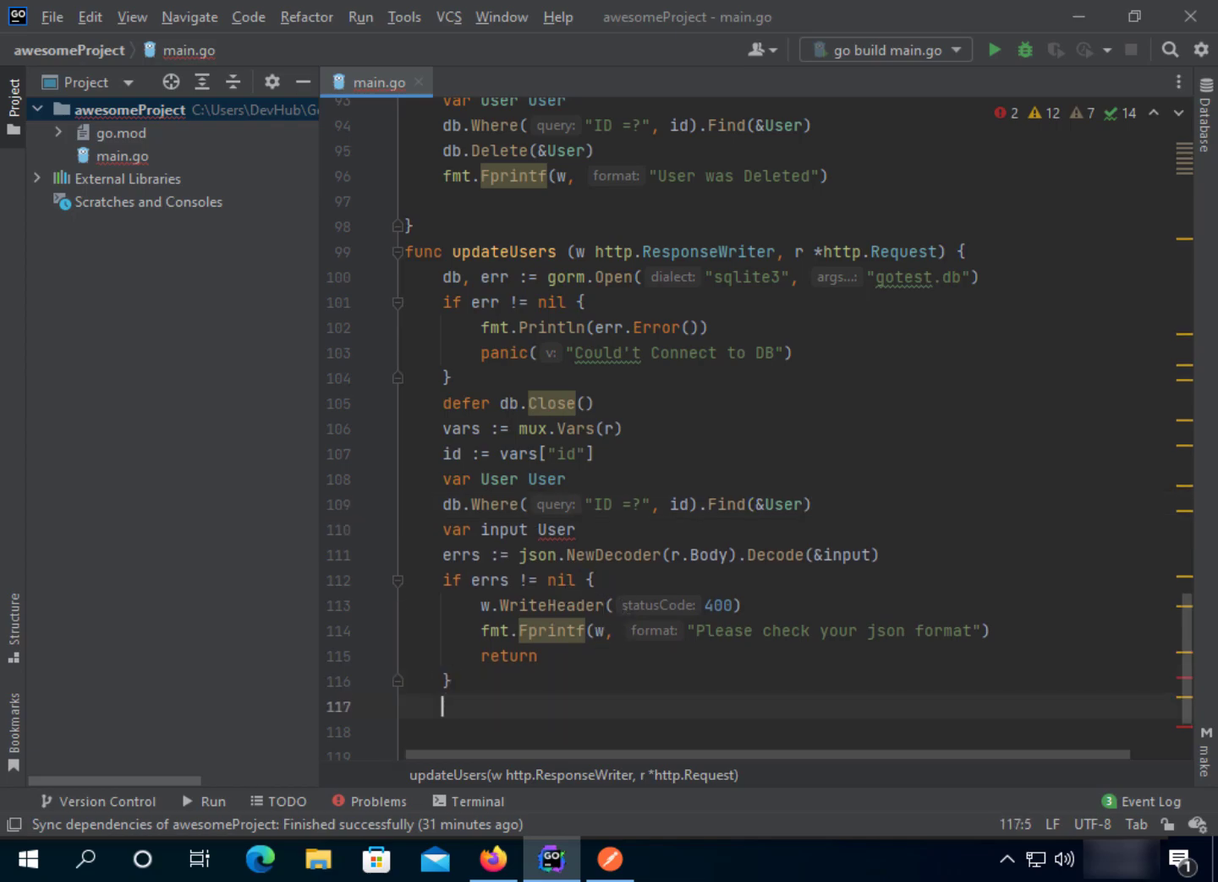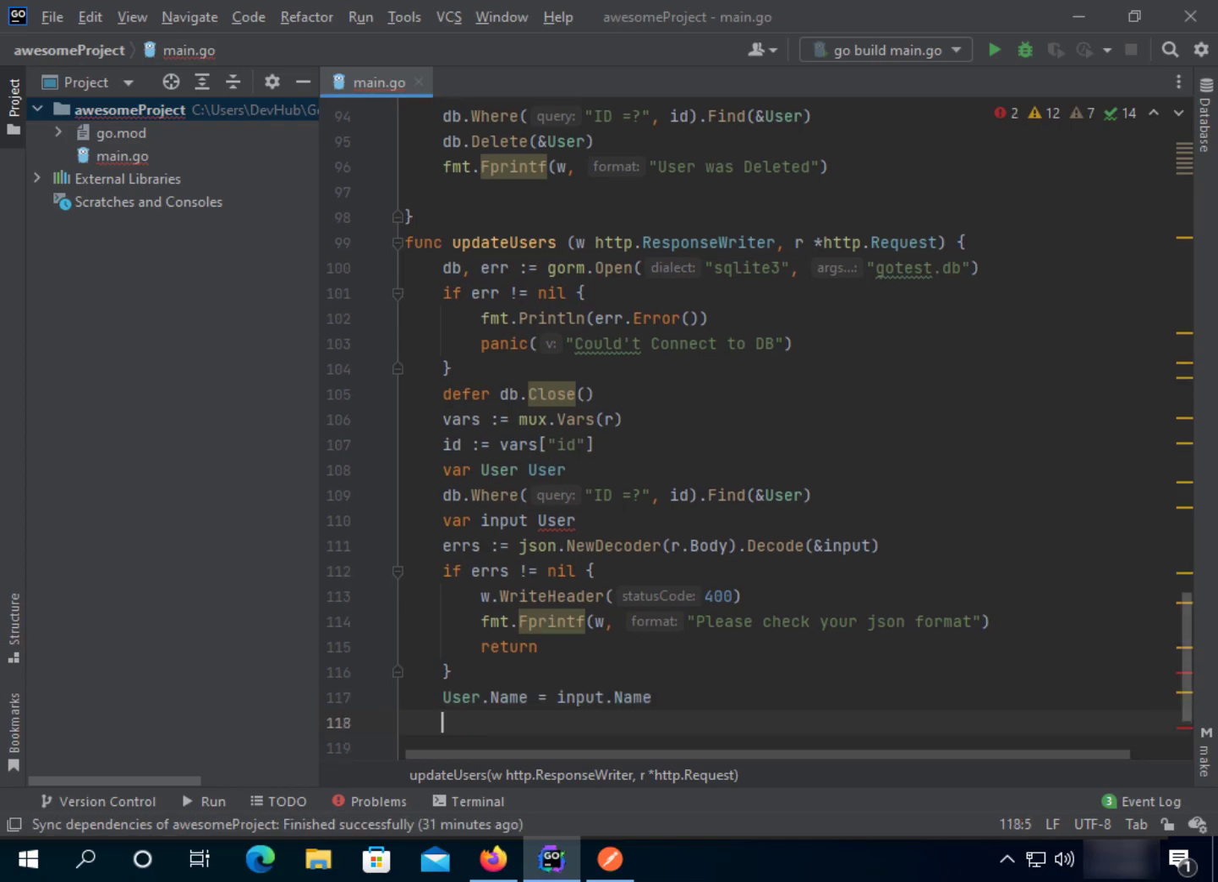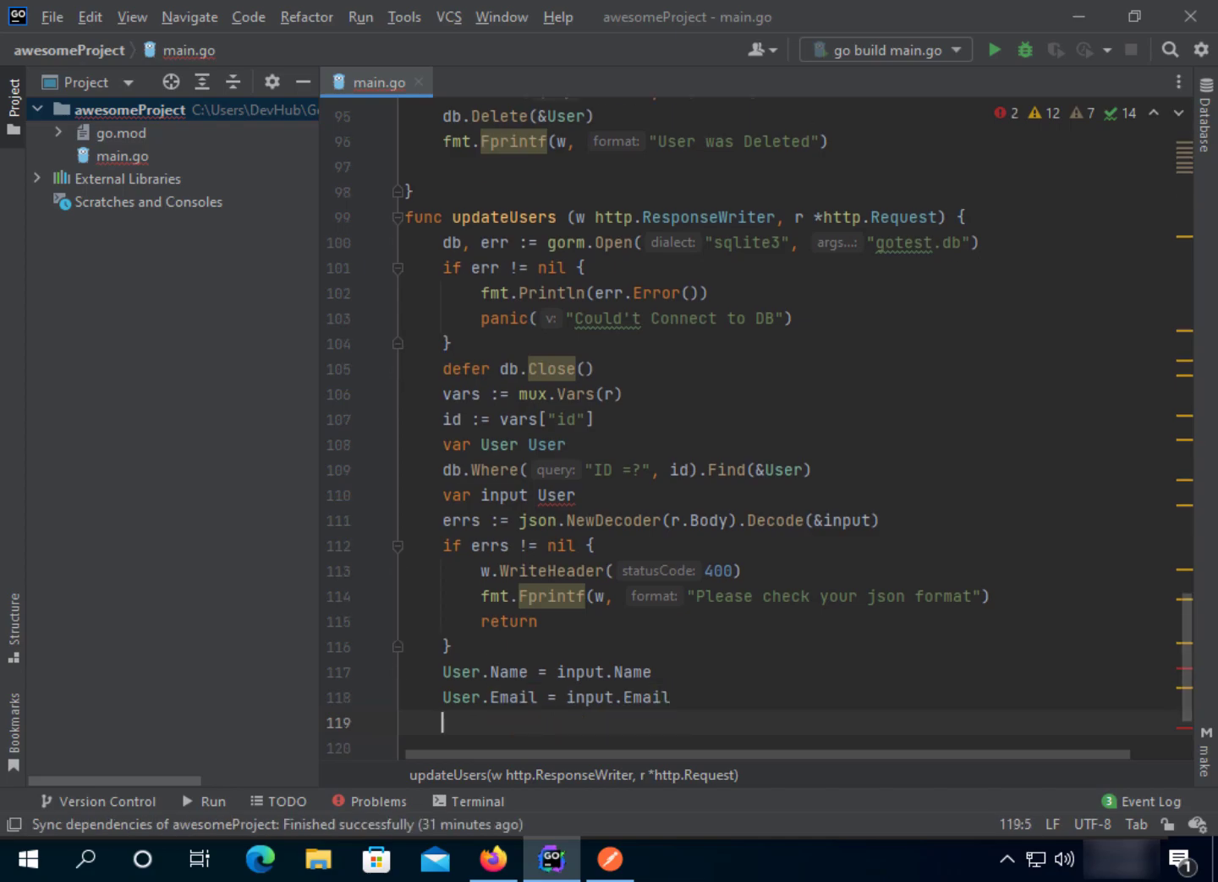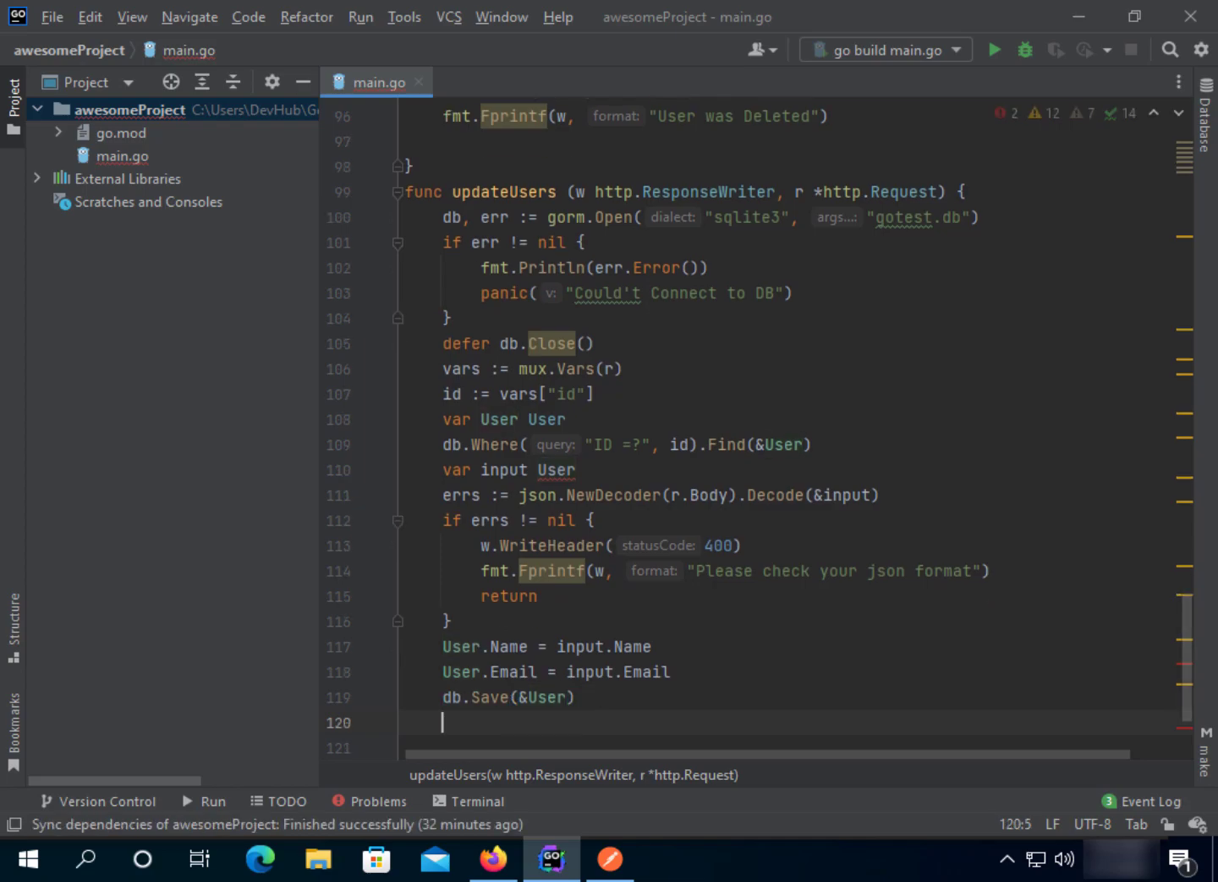All right. Right now we're gonna say user dot name, and then we want it to equal input dot name, and we want user dot email to equal input dot email. Okay, and then we're gonna say db save, to make sure that we save the information, and then user, and we're gonna also again use fmt